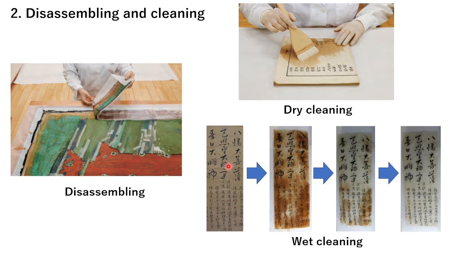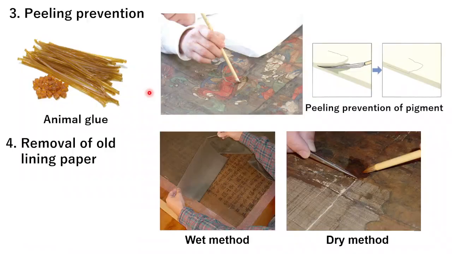As for the method, water is sprayed on the surface of the painting. Blotter, which refers to paper that absorbs water, is placed under the painting paper to remove dirt. This is wet cleaning, and dry cleaning uses a brush to remove foreign substances when water cleaning is not able to be carried out. Of course, these are decided after evaluating in advance whether they are effective or safe for the painting paper.